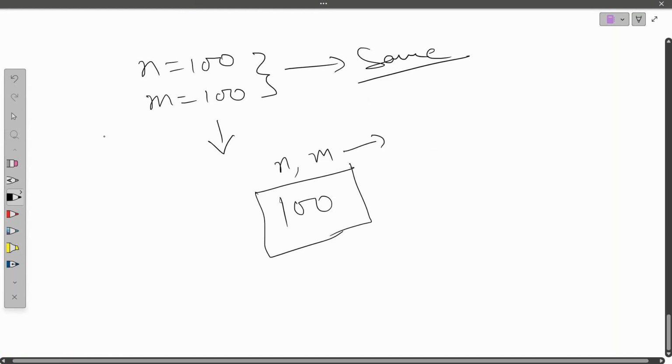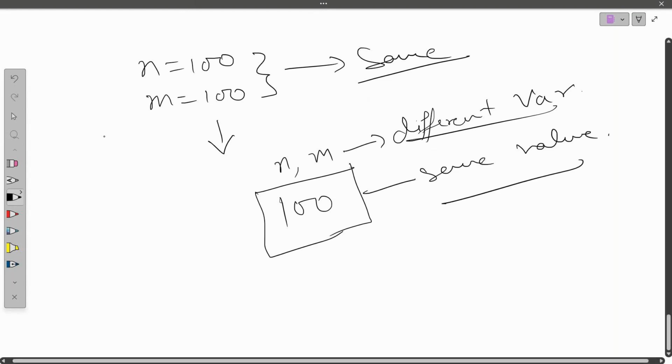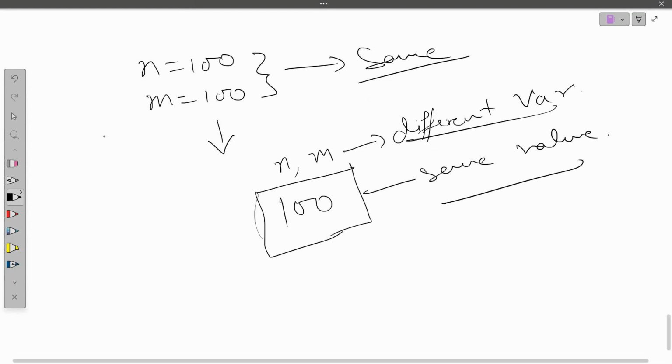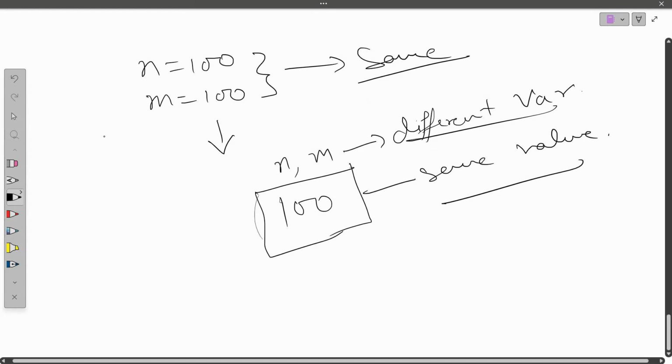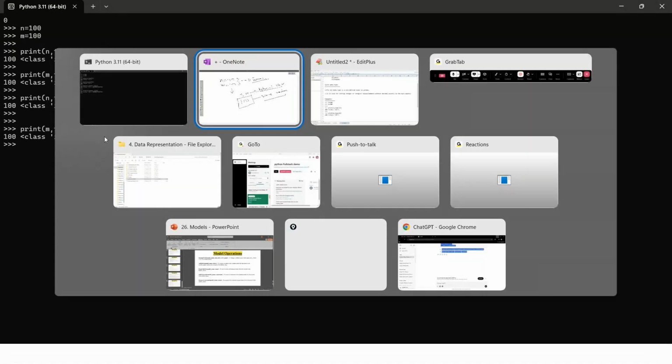But the variables are different, different variables, but the values are the same. So this is how it creates the memory space: even if we have different variables, if we have the same values, it is not going to create a different memory space for it, right? It is saving the memory space; this is how Python saves the memory space.